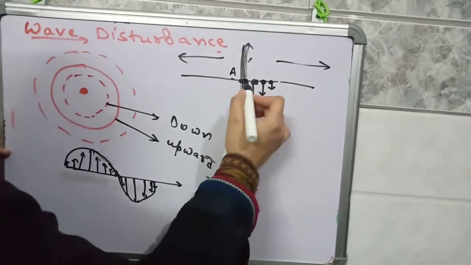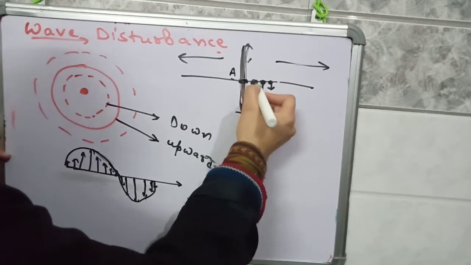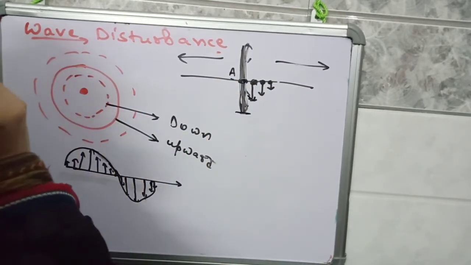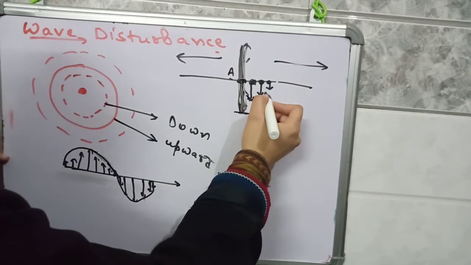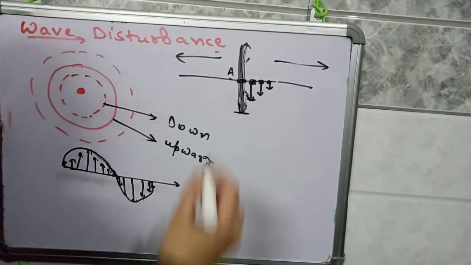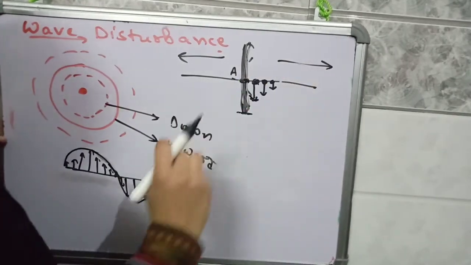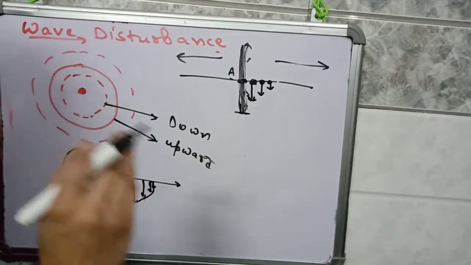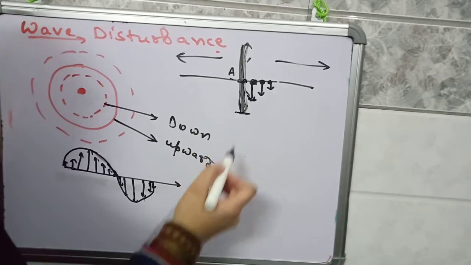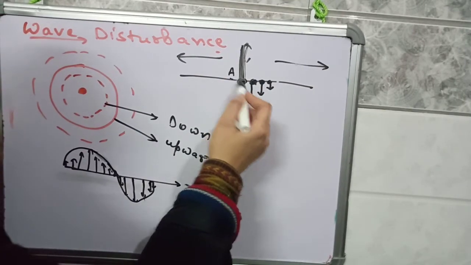So when this particle has reached up to this point, the next particle will travel much less distance as compared to the particle at point A, and the next particle will again cover some less distance, and so on. So there is no individual movement of particles from one point to another point. It is the disturbance, the transfer of energy, that is taking place. When the particle at A is hit by the stone, it will have some energy.